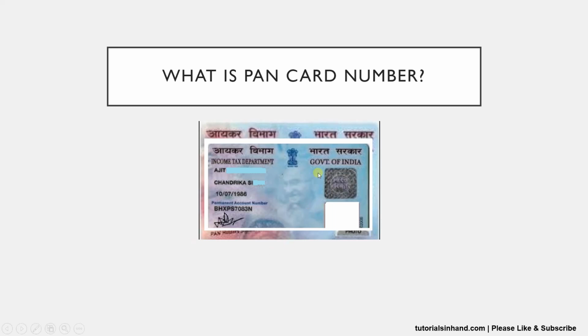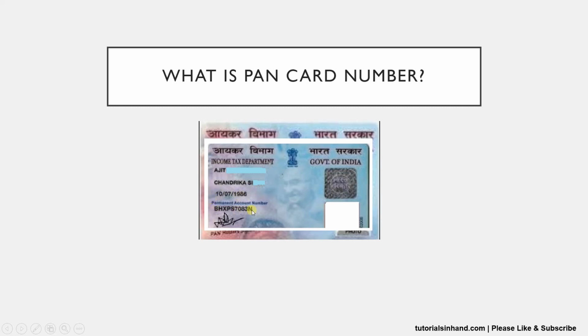Now the PAN card will have the Government of India logo over here, that is written Bharat Sarkar, and this white side actually contains your photograph. Your means the applicant's photograph who has applied for PAN card, and then the first name that you see over here below Income Tax Department written, it is the father name of the applicant. And the next one that you see, Chandrika SI, is actually the name of the applicant to whom this PAN card is issued. The next one is the date of birth of the PAN card holder,